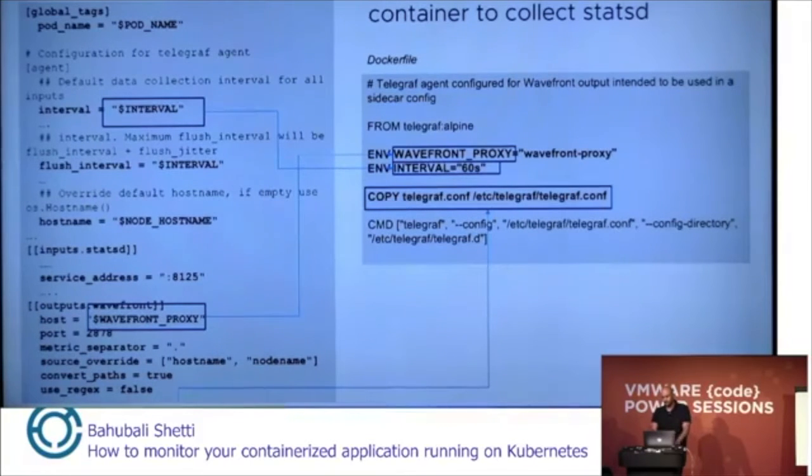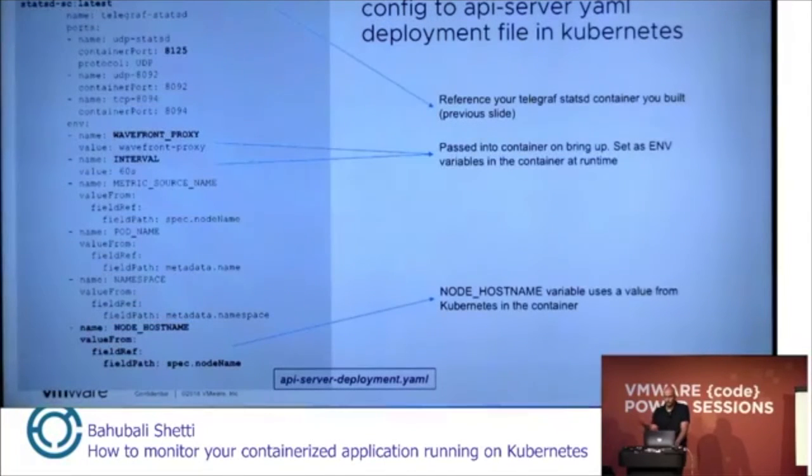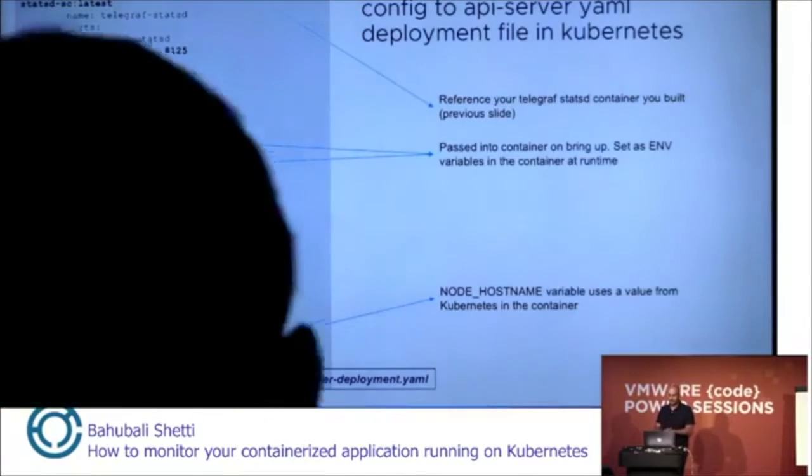Standard Docker build, put it in your favorite location, repository, wherever you want, right? Once you've created it, I've got one. If you go to my Git repo, you'll find one for statsd. It's pretty simple. Next thing, you've got to add the Telegraf sidecar config now into your YAML for your deployment